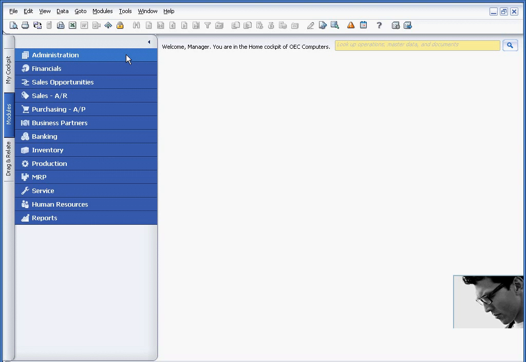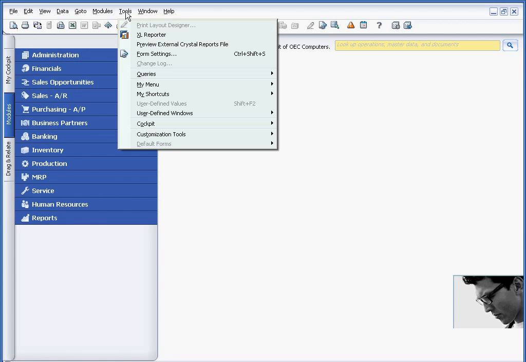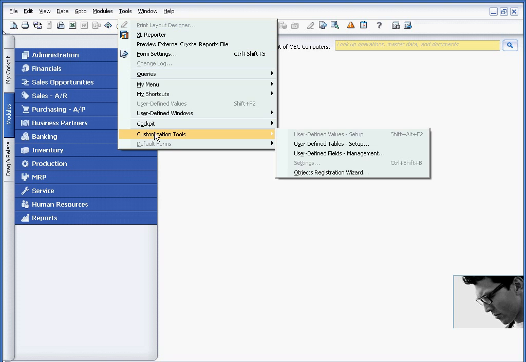Now, the beauty of user-defined fields is that they can be added very simply. You do not need to require or rely on technical people or your outside consultants in order to use user-defined fields or to add user-defined fields. Matter of fact, I'm going to go ahead and add one now so you can see how easy it really is. And the way I'm going to do that is underneath Tools, Customization Tools, and choose the item called User-Defined